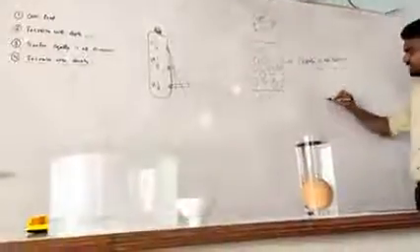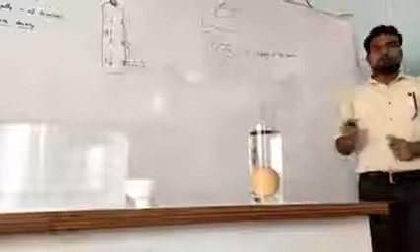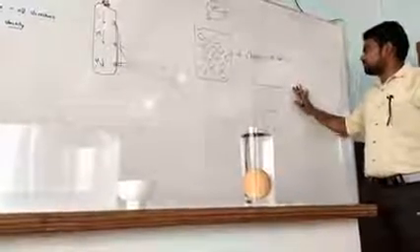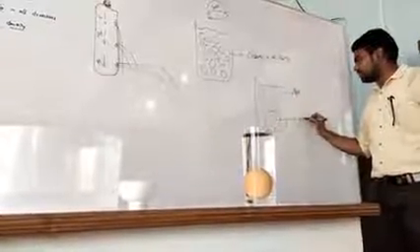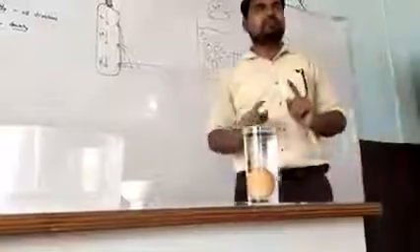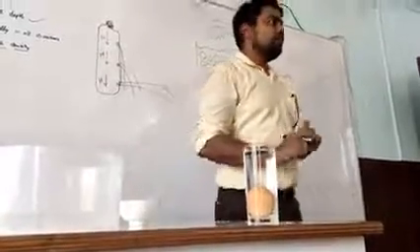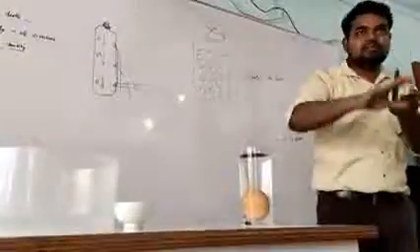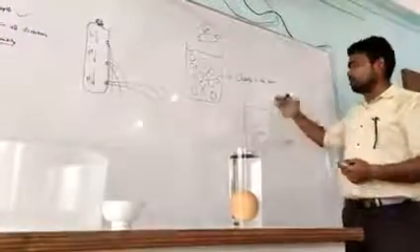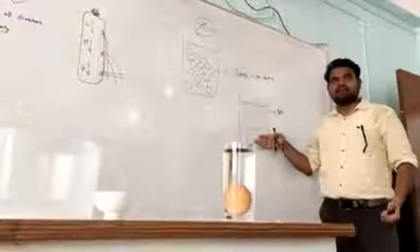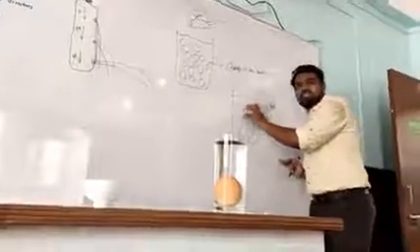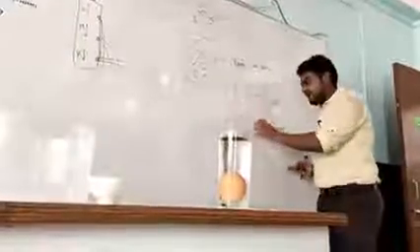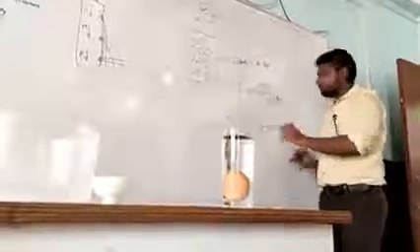Now there is an egg inside the water. Water has less density, and the egg has more density as of now, before mixing salt. Now what I am going to say, whichever has more density will sink down, and whichever has less density will float on the top. Now water is on the top, egg is down. So which has more density? Egg has more density. Now what I am going to do, I am going to increase the density of the water. If you increase the density of the water, the egg's density will obviously become less than that.